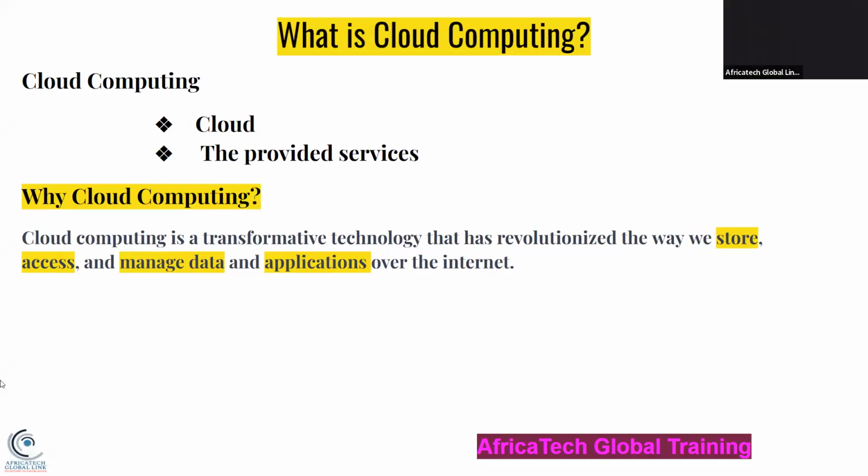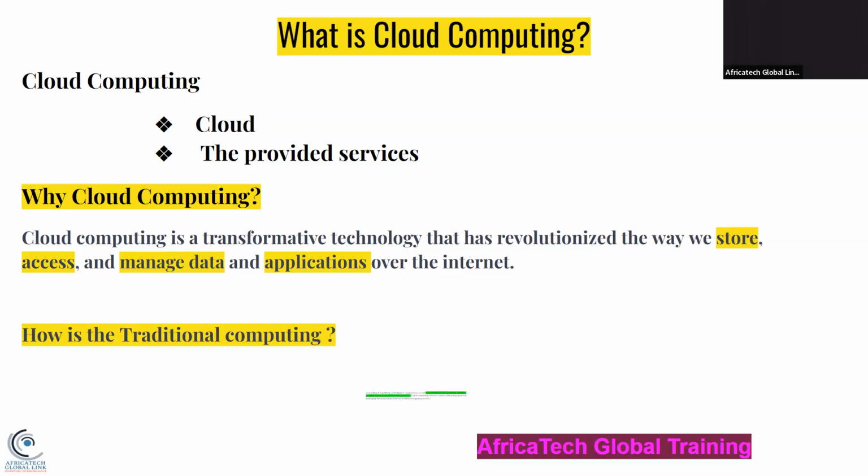So I was saying that cloud computing is mostly used to store data. That's what you need to know. When someone talks about cloud, just think about a place where we are storing information. Data is information, where you can access those data and also manage those data, like move them around, do whatever you want to do. And everything happens over the internet. So it's not like a storage where you go and store your clothes. It's not a physical place that you see with your eyes. It's happening over the internet, okay?